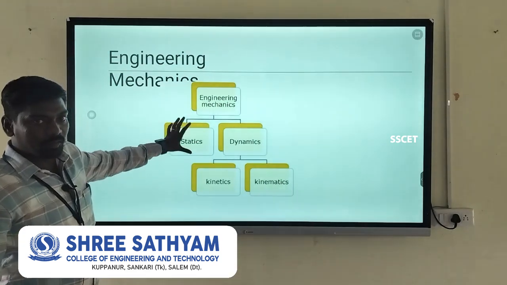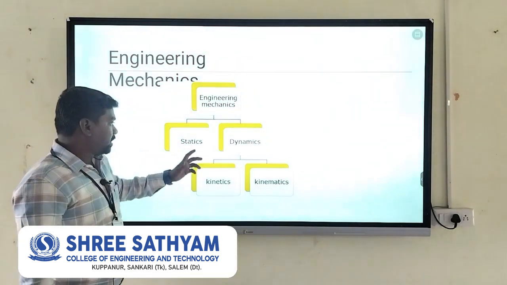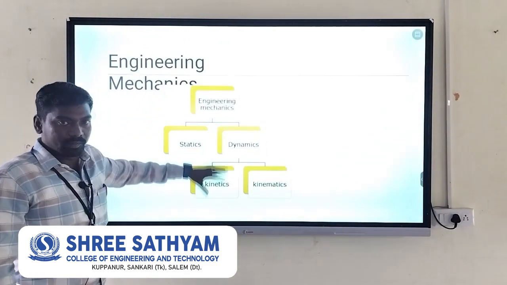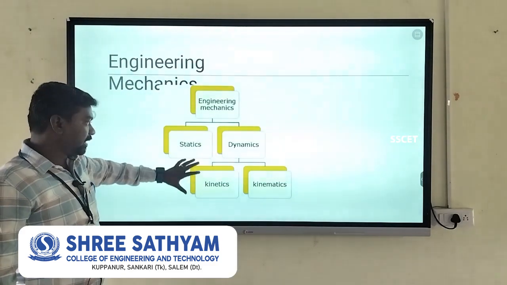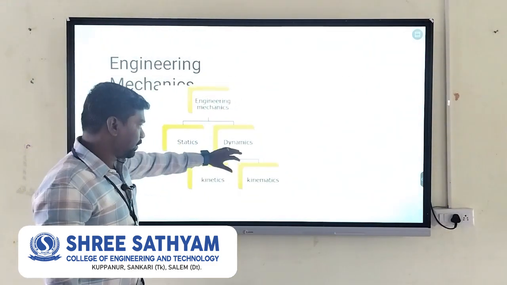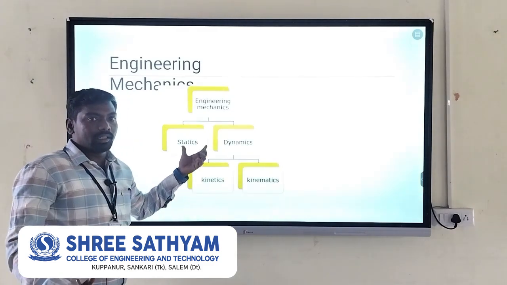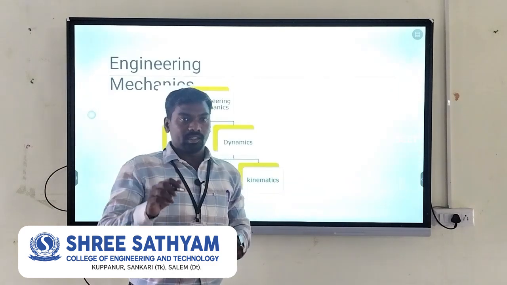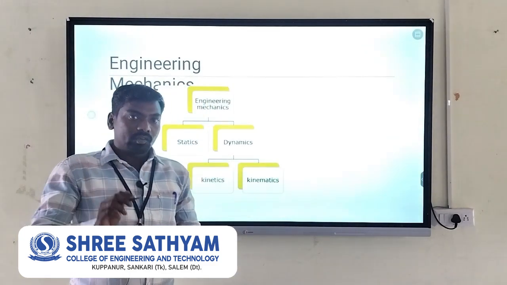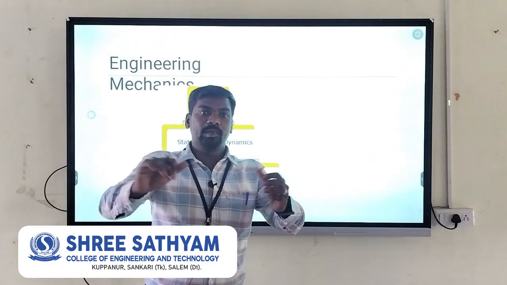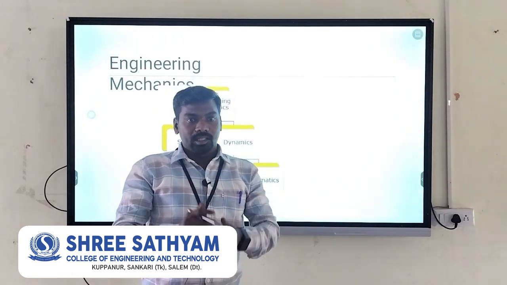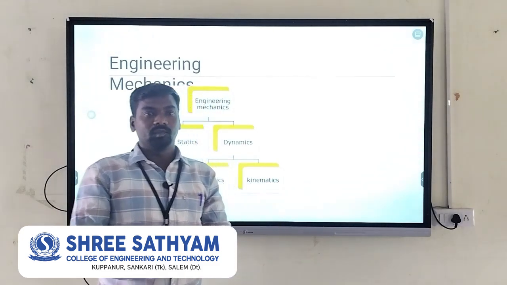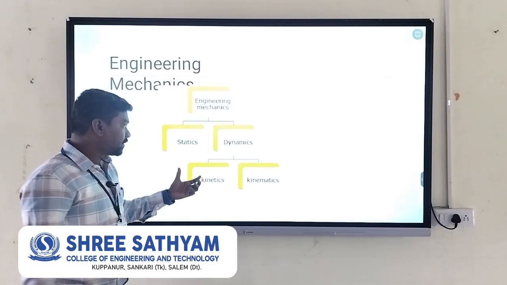This is the fundamental of mechanics. If you don't understand statics and dynamics, you can't understand the engineering mechanics subject. So first you understand the difference between statics and dynamics. In statics, an object does not move. For example, if you apply a force on the object, it will move. If you don't apply the force, the object can't move. So this is the example of statics and dynamics.